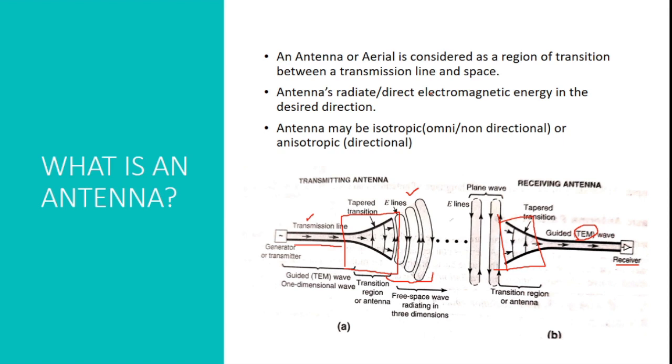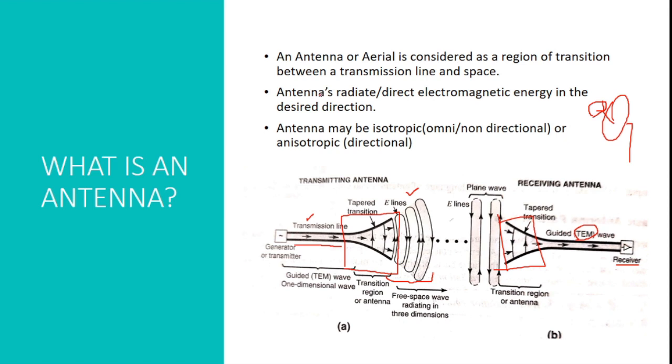I might receive signal from my nearest base station, so we cannot predict from where my mobile signal is coming. Whereas if you take the dish antennas on top of your home, we have something in the form of a parabola, and to this we have some device that is connected. So this is the structure of the dish antenna, but this is a directed antenna. It receives signal only in the particular direction. That is why we say when the direction of the dish antenna is changed, the signal will not be properly received. Only if we go and change the direction of the antenna, we will get a proper signal and the television will be able to show our picture.